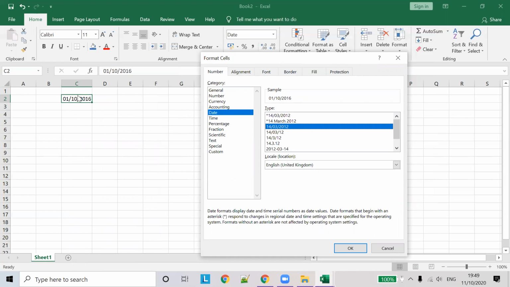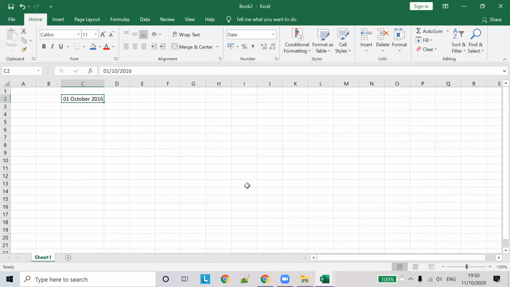Usually a date displays as month, date, and year, right? If you want to display it using numbers, like 1 October 2016, or display October based on this format, we can display the dates in a different format.